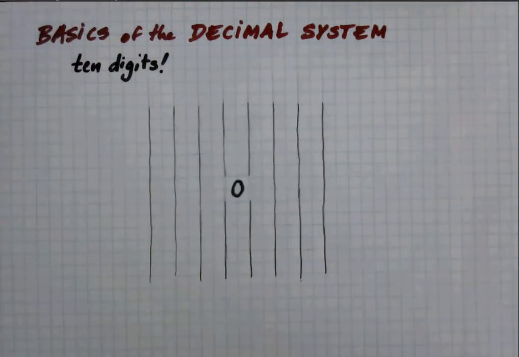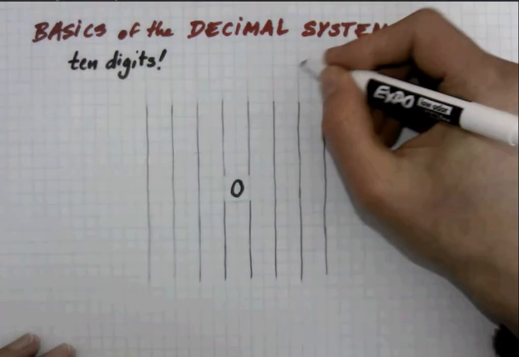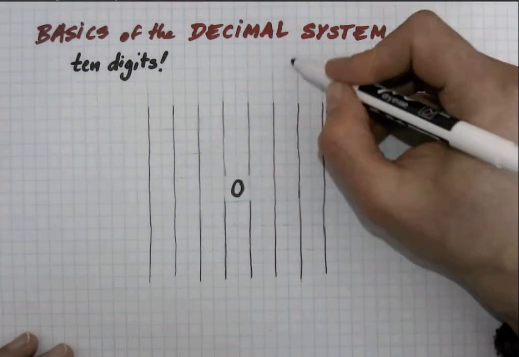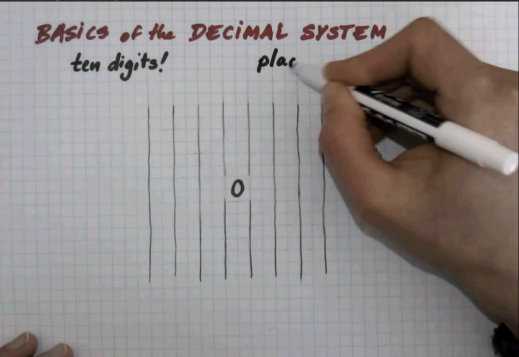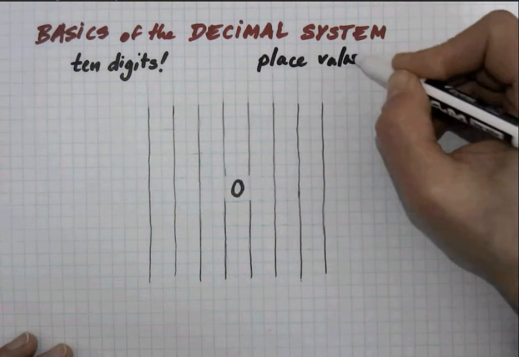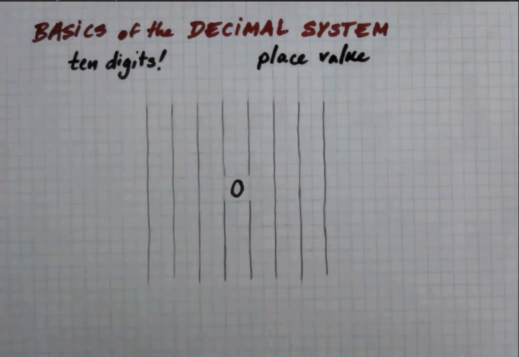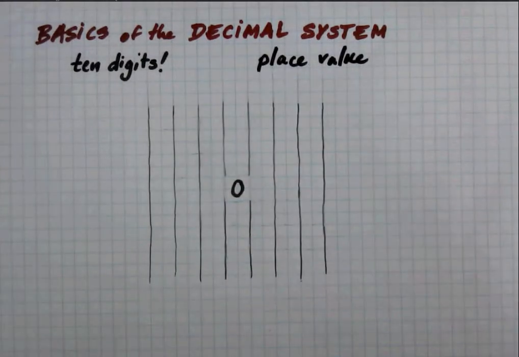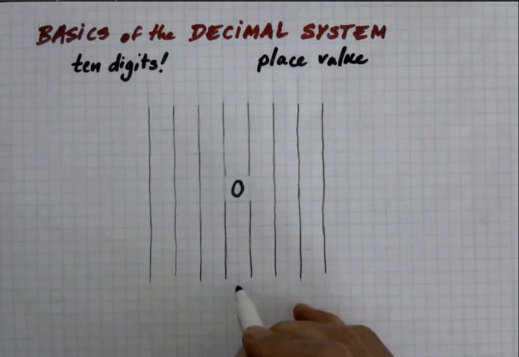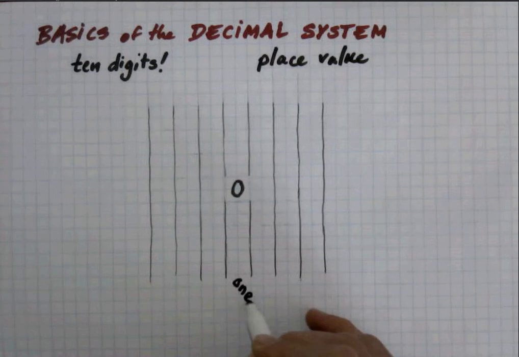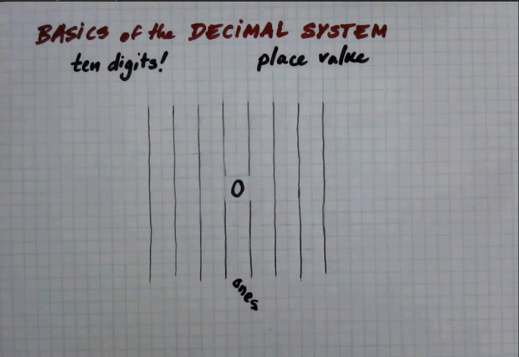So even though we're using only 10 digits, we can count up to numbers higher than the number 9 because we have a system which uses place value to add information to each digit, and it's based on its location. So here I have in the middle, this will be my ones place, this column. So I'm counting, I have 0, 1, 2,